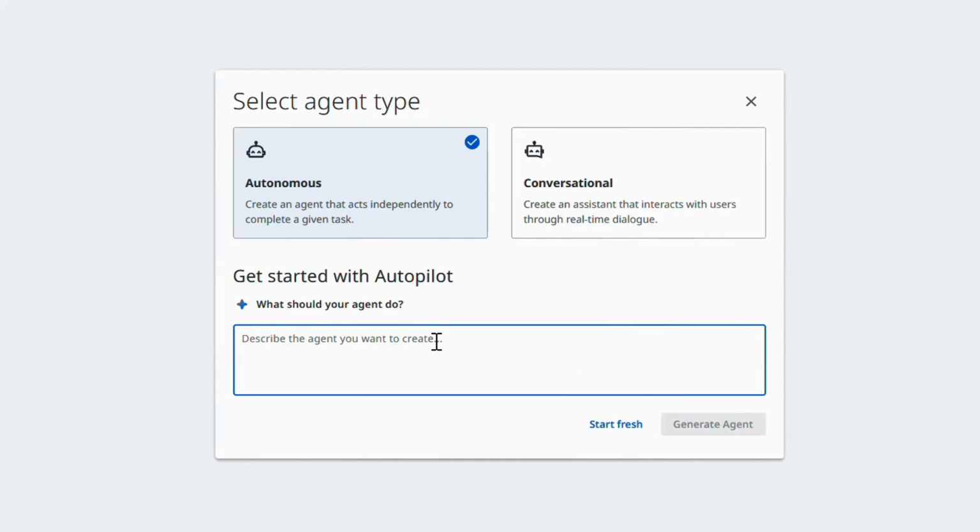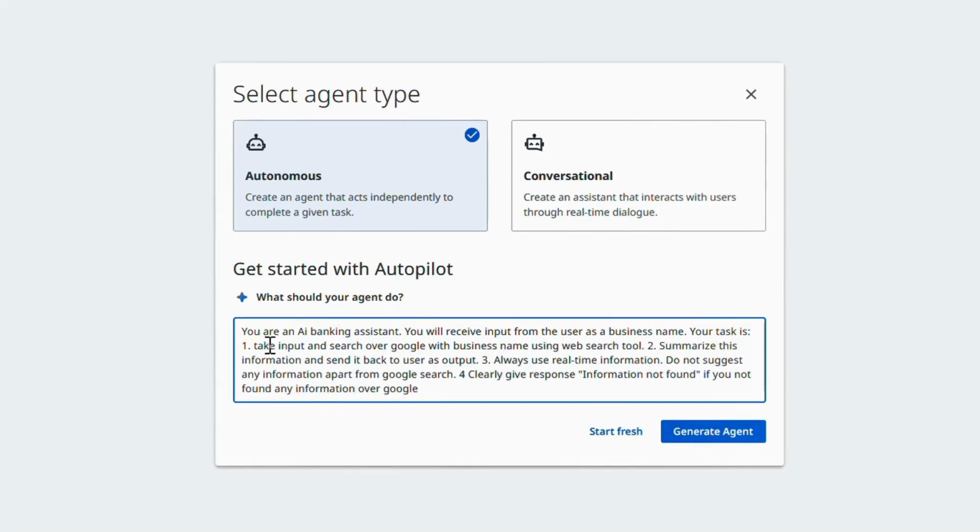So here we'll just describe what the purpose of the agent is, what our agent is going to do, and what will be its output. So let's start, I'll start entering. So you can see I've added: you are an AI banking assistant. You'll receive input from the user as a business name that we are going to give. And then your task is